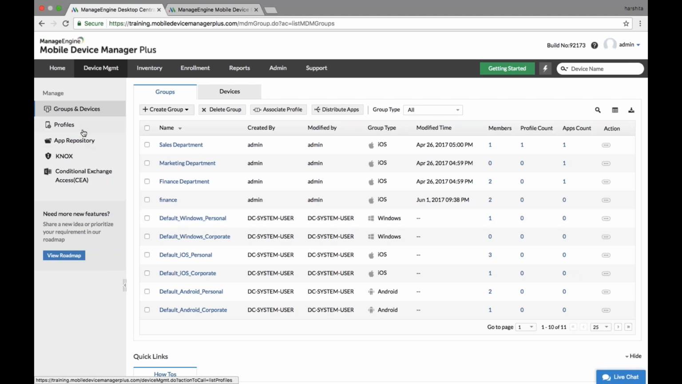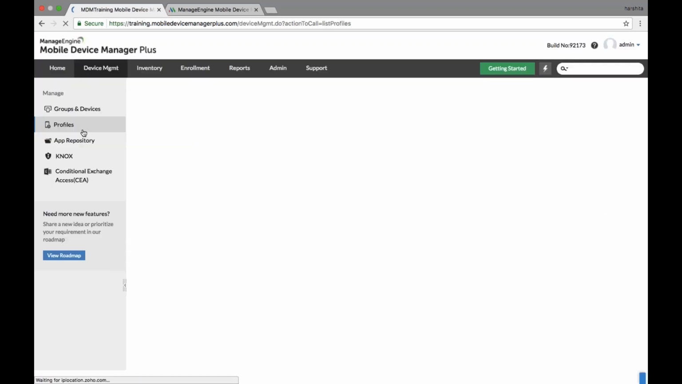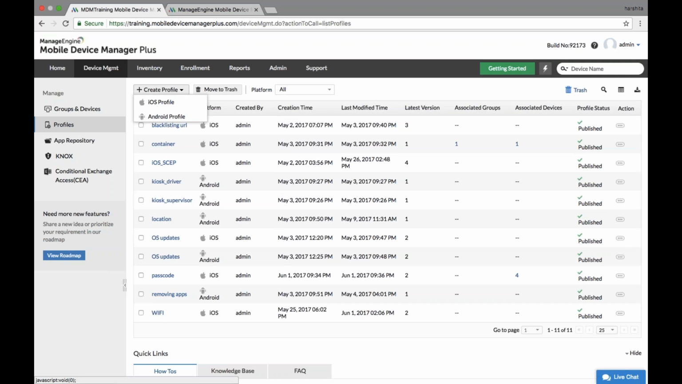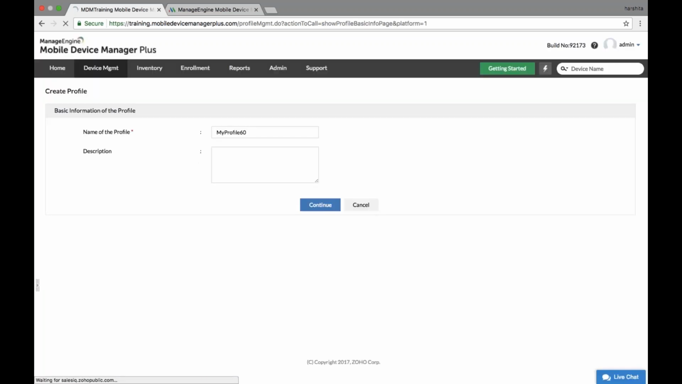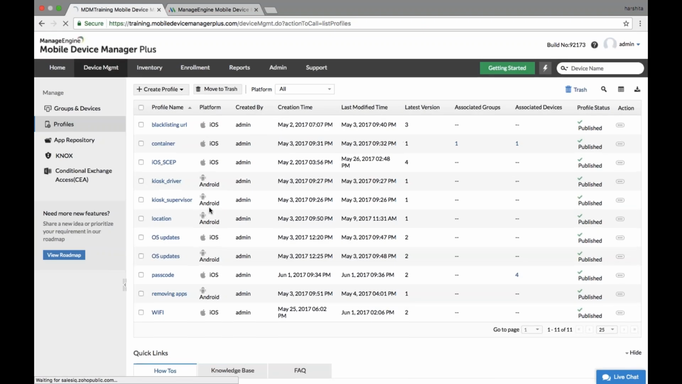Now, passcode is just one profile that can be created. There are a lot more profiles and configurations that can be applied to the devices. So let me show you a few. So I will go back to iOS profile and show you how it is done. So here,